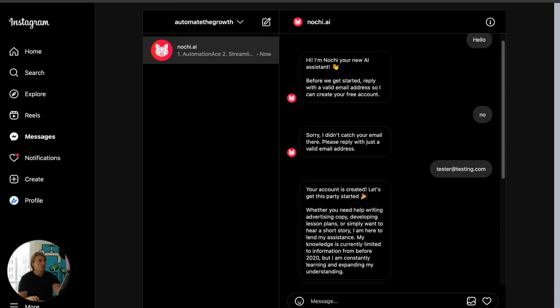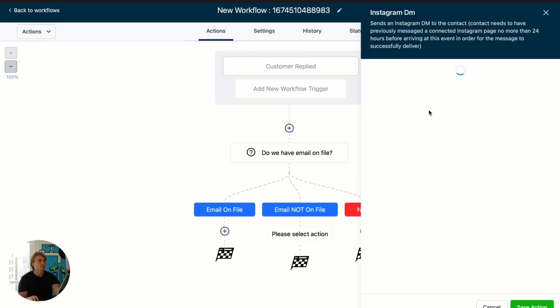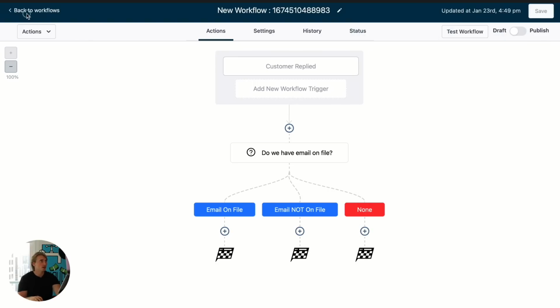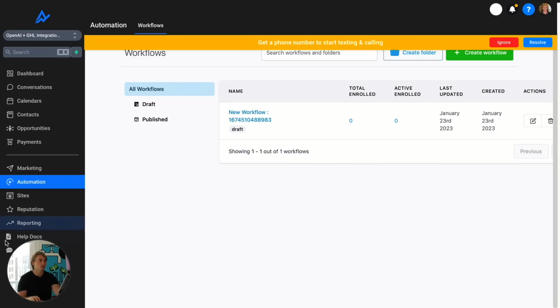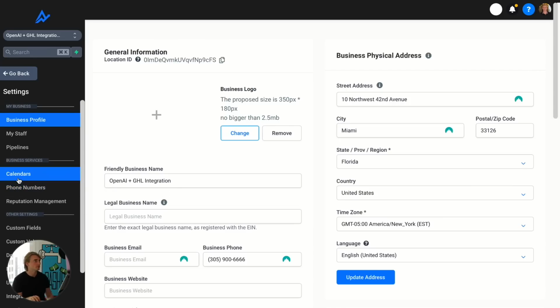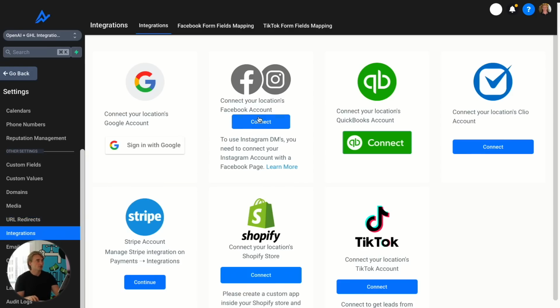And we can just copy. All right, so Instagram DM. And what we want our message to be. This is grayed out. Okay. So I think the issue that we may be facing here is that I do not have the Instagram account tied to this profile because I'm building this on a blank account. So what you need to do is if you do not have an Instagram account tied already, you need to go to your account settings, go to integrations,